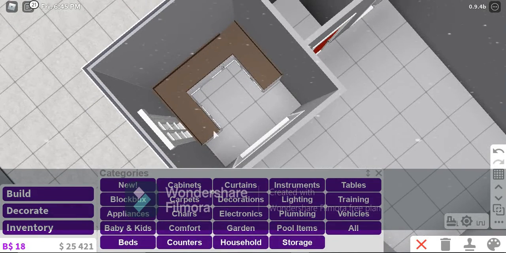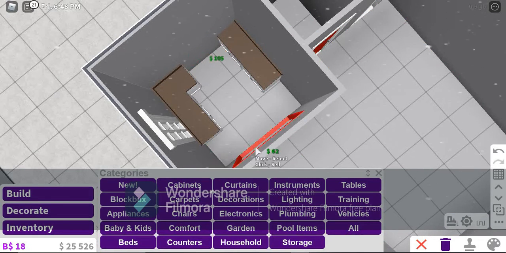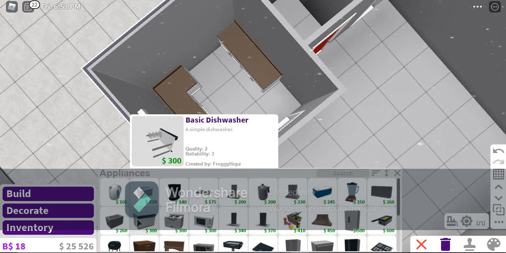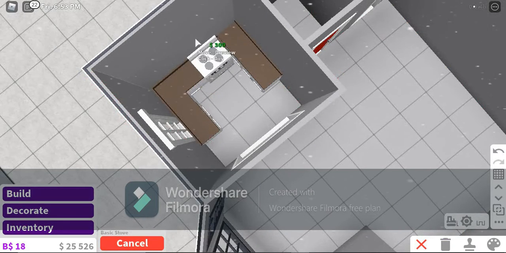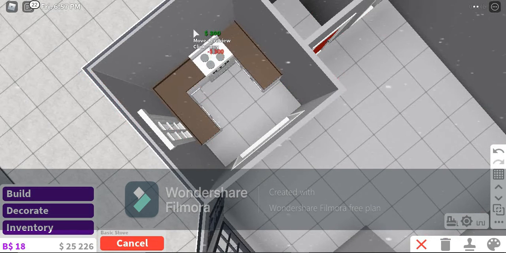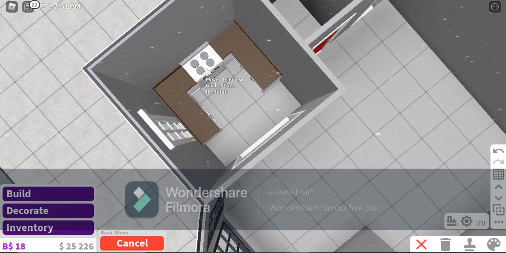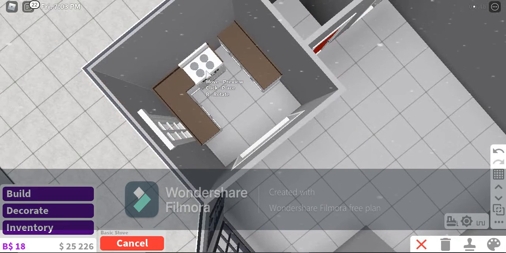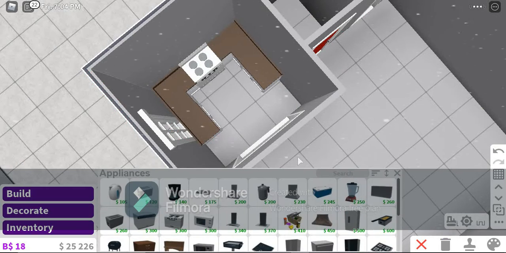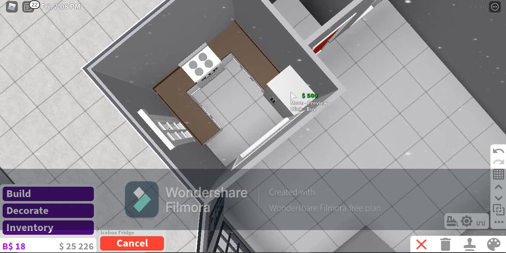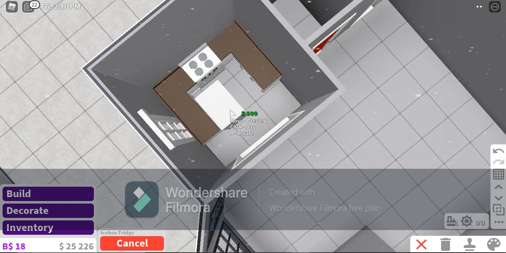Anyway, after you lay out the counters, you can remove some, like here. Go to appliances, grab any stove that you want. I'm just going to use the cheapest one. And then line it up. Go back, and then there you go, like that. And then cheapest fridge, just for convenience sake, and then